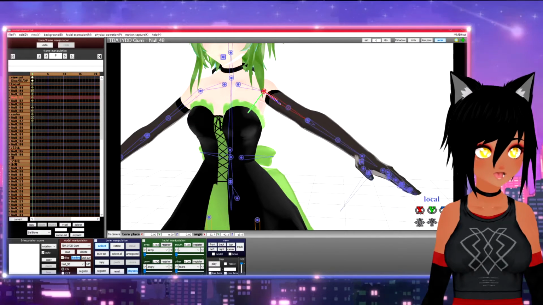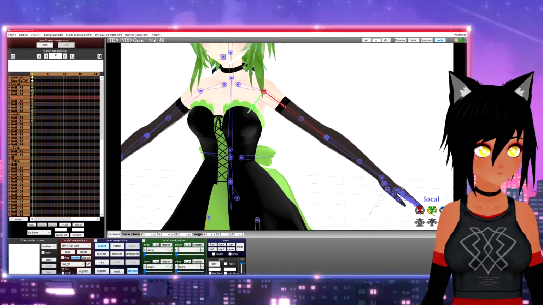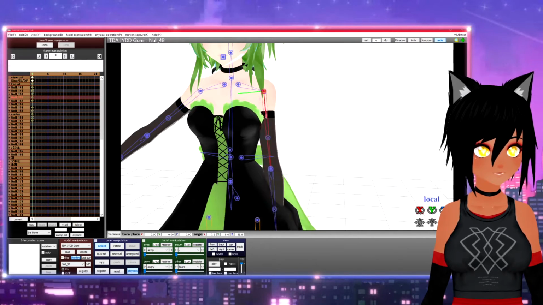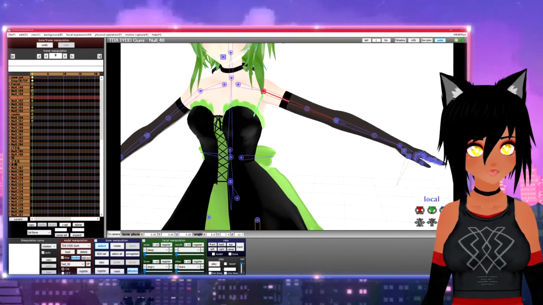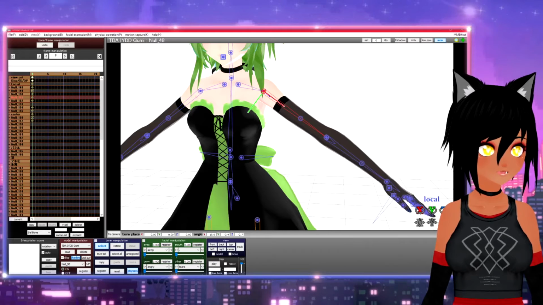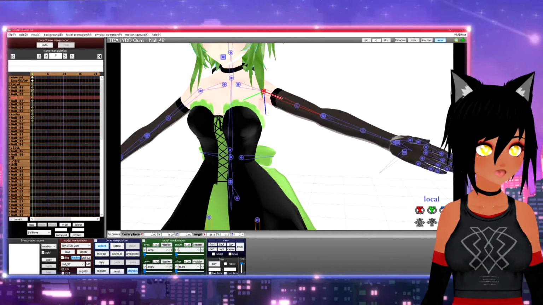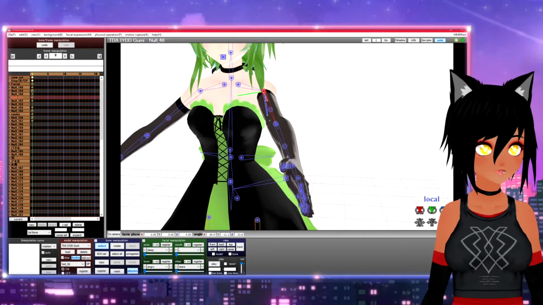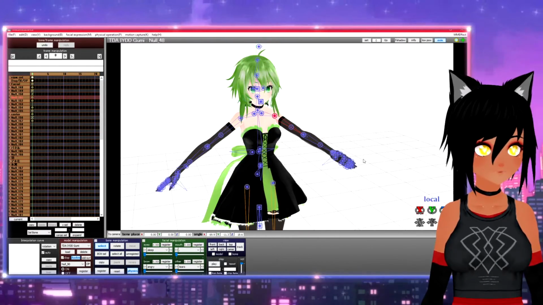You can click Y to move it forward and back. Or you can do Z, make your arm go up and down. So obviously, when you're going to do a pose, it's going to be a combination. So I might have her arm out like that, something like that.